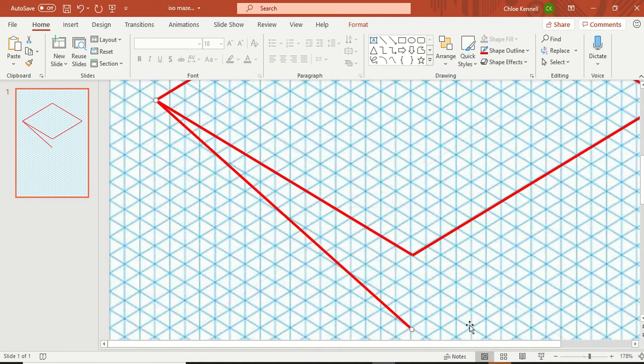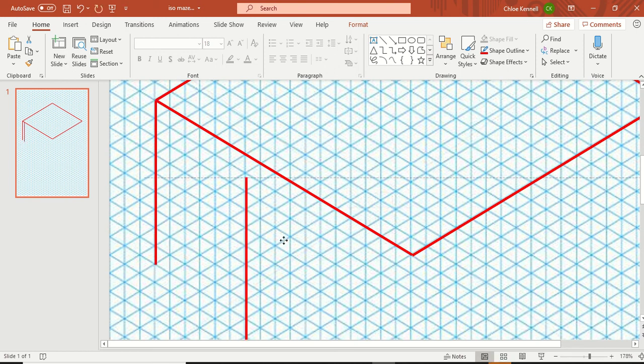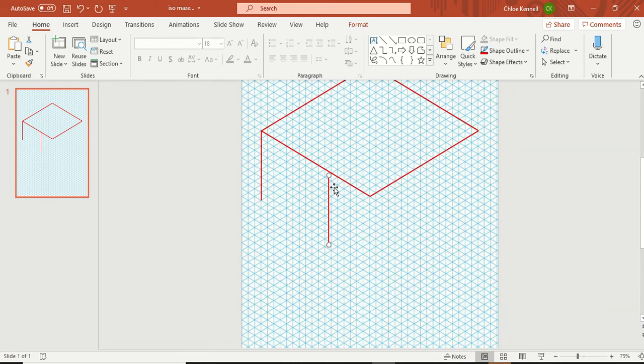Zoom on in. For this vertical line, we're going to count down 1. No, I'm joking. We're going to count down 9. So 1, 2, 3, 4, 5, 6, 7, 8, 9. If you want to go lower, you can, but I'm drawing it to scale, and it is 9 points down. You're going to need this line again, so you might as well copy and paste that one straight away. And you're just going to join them up to each